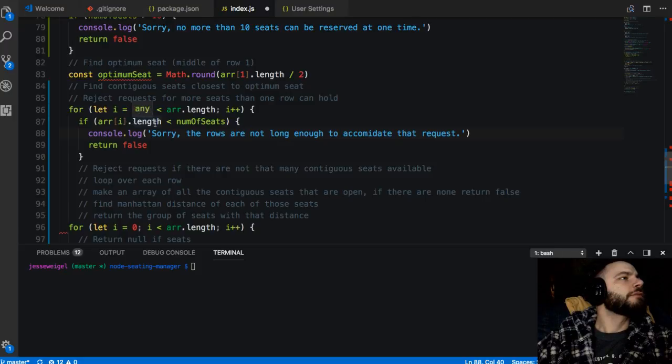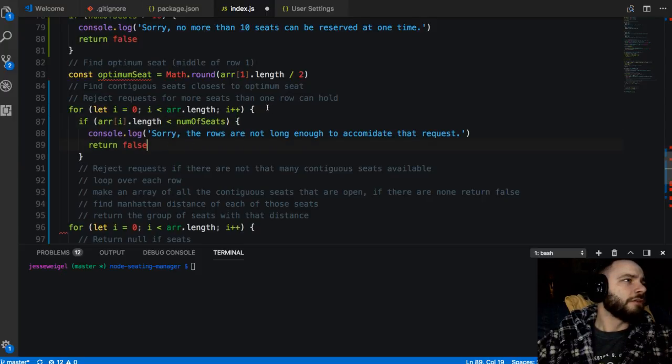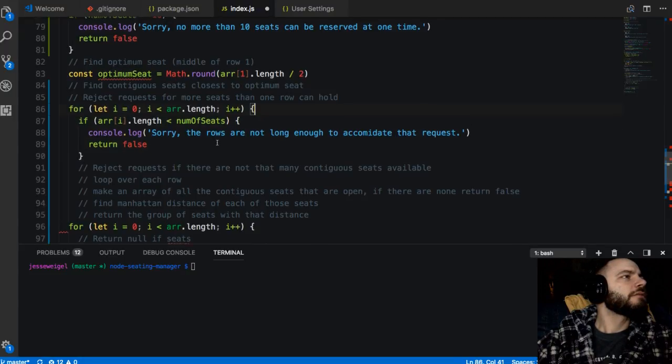So I got this for loop going and I have an if, and it's saying if the number of seats I request is greater than the entire length of the row, let's return false. And then let's also add another one to say, this is if for,